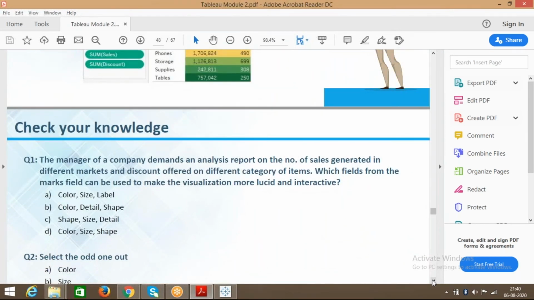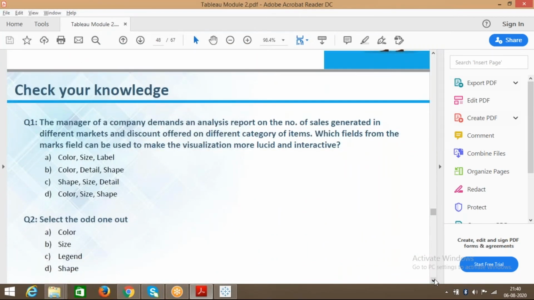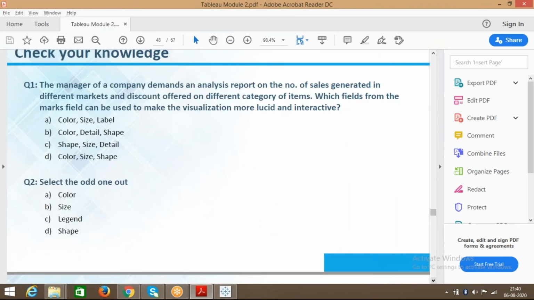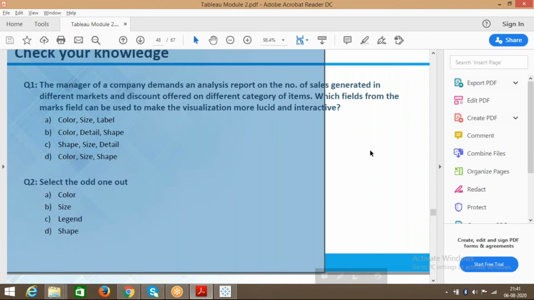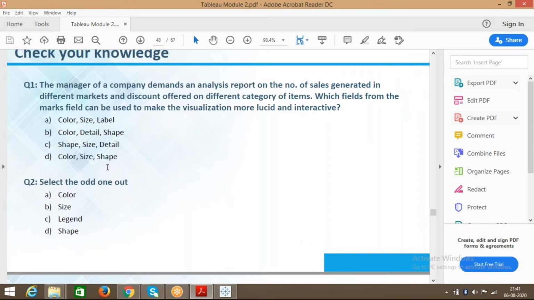Okay, so before that, if you don't mind, can you just read these two things and answer me which is the right answer? The manager. Maybe take your time and read this and tell me for question one, what is the answer? Question two, what is the answer? Sales.